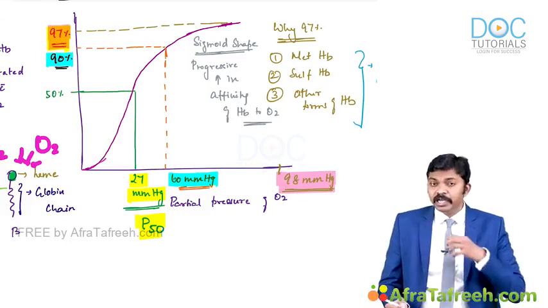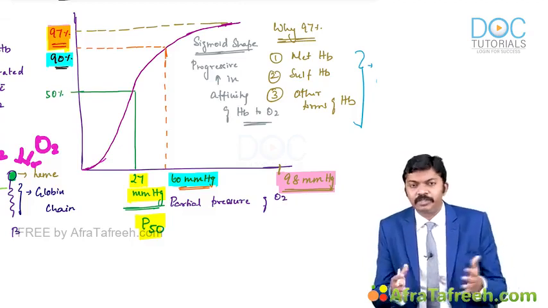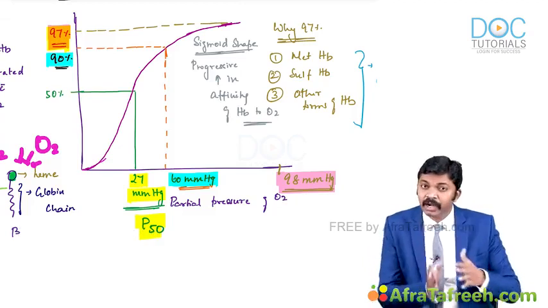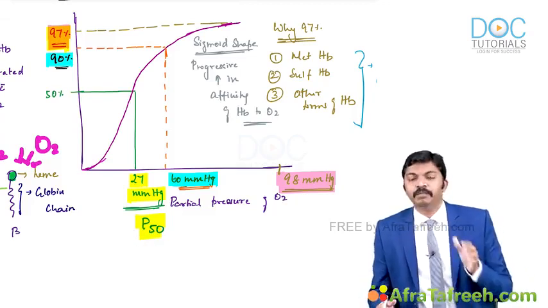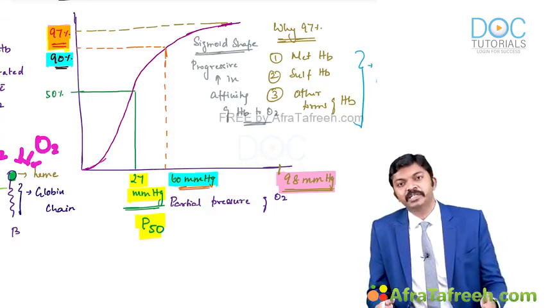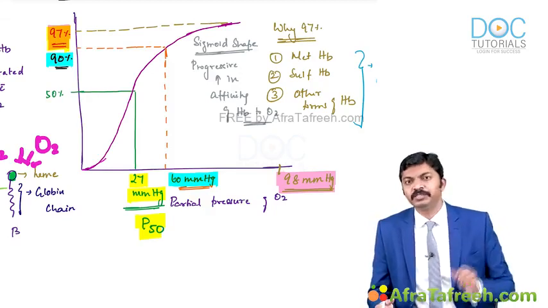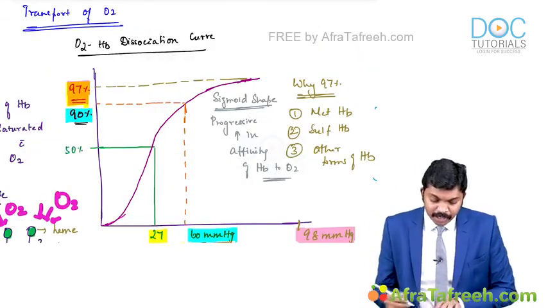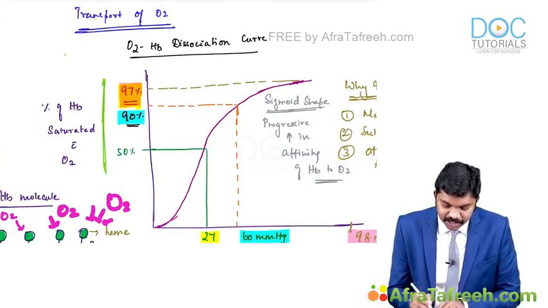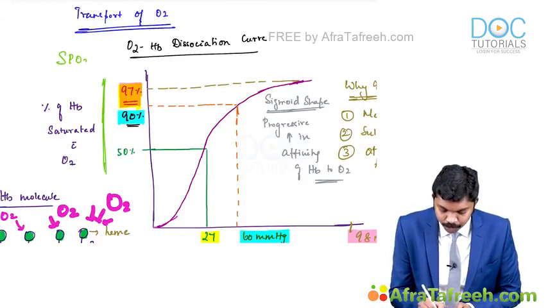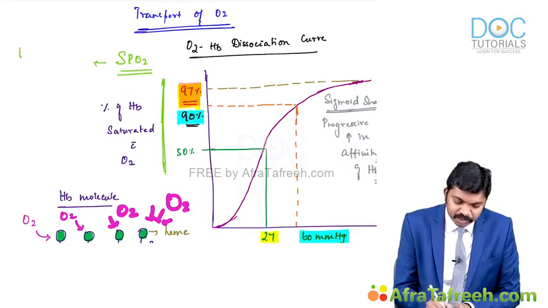When the oxygen is getting out of the system, and if the oxygen is not getting into the system, both are coming to the same meaning, right? Till the partial pressure is falling to 60 millimeters of mercury, the subject will not experience any profound symptom, because till then 90% of hemoglobin is comfortably saturated with oxygen. It will not produce any acute symptom, doctors, right? Which is why the saturation, you remember 97%, 90%, these are all saturation which are nothing but SpO2, saturation percentage of oxygen, which will be monitored by pulse oximeter,